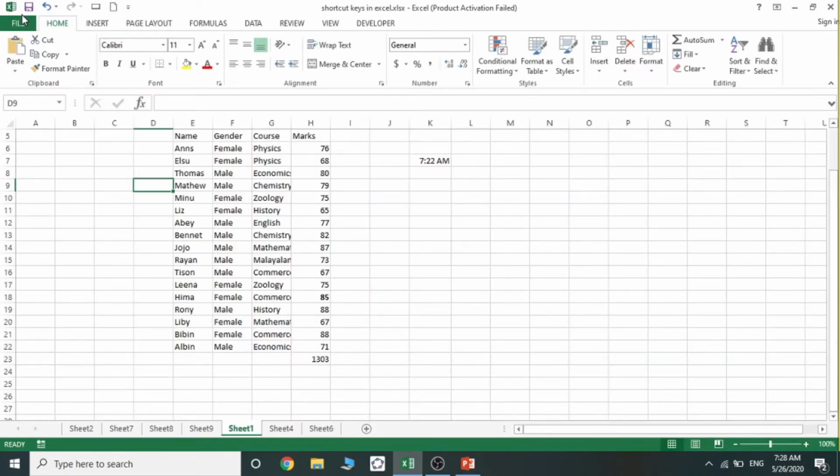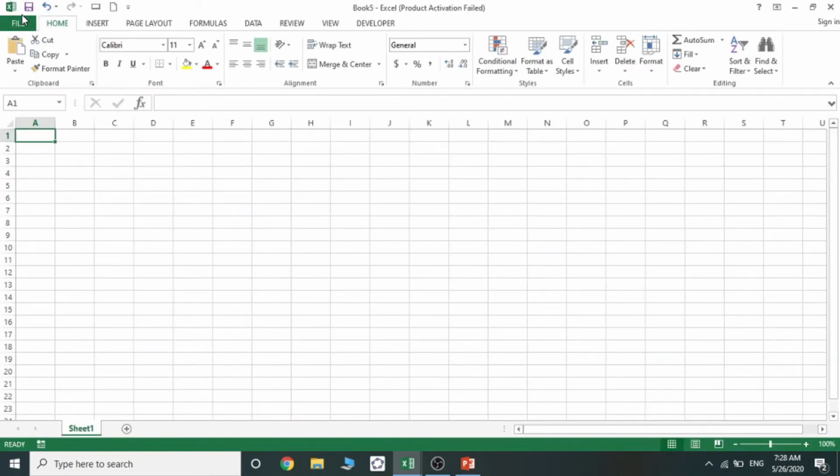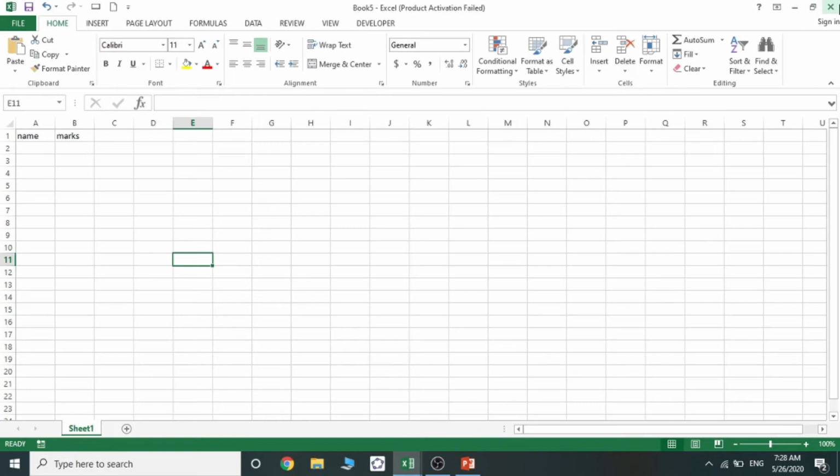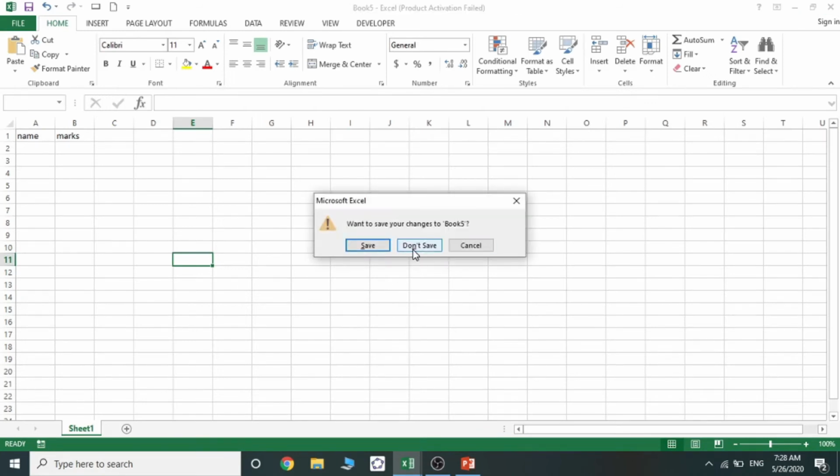Control plus N will open a new workbook. We have entered some data. Then we can click Control S. Look, we can save as in any of these documents or any of these folders. We can save this file. Control plus S will help us to save.